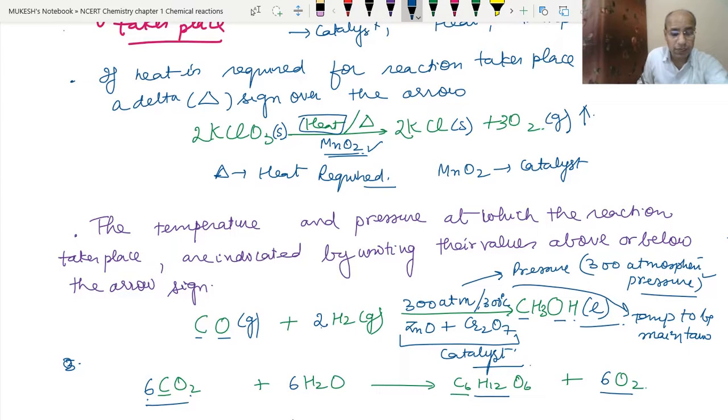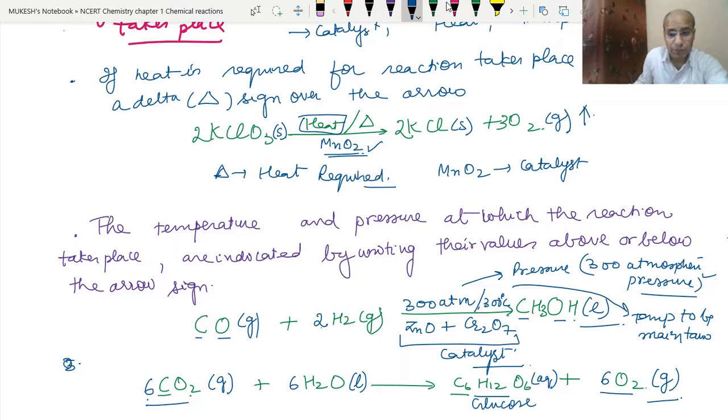See, now we are indicating more, giving more information. This is used in the gaseous condition. Here the liquid condition is used. And here glucose is formed. This is the glucose. It is formed in the form of liquid. Not liquid, we can say it is formed in an aqueous solution. And this oxygen is also formed in the form of gas.